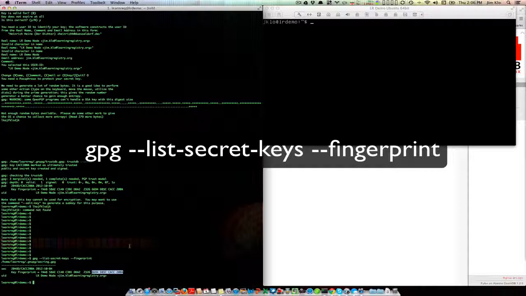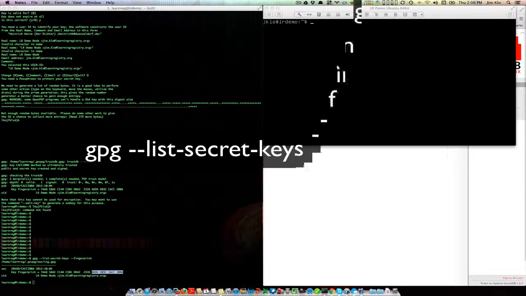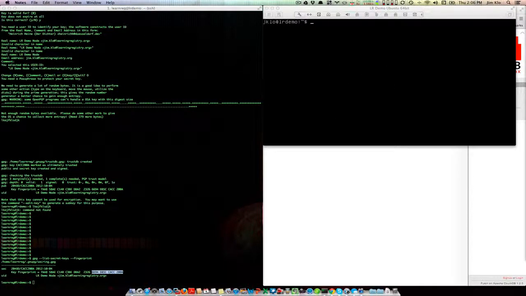I'm going to copy that and save it in a notepad aside, because I'll need that when configuring the node. So now that we've got that, the next step is we'll start